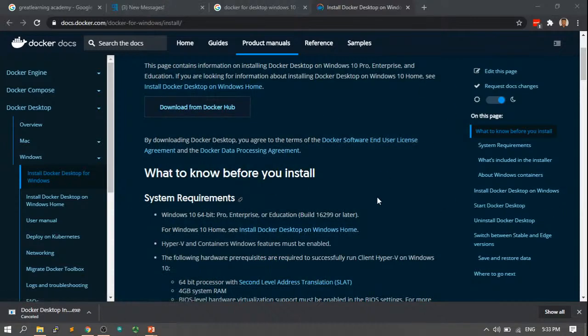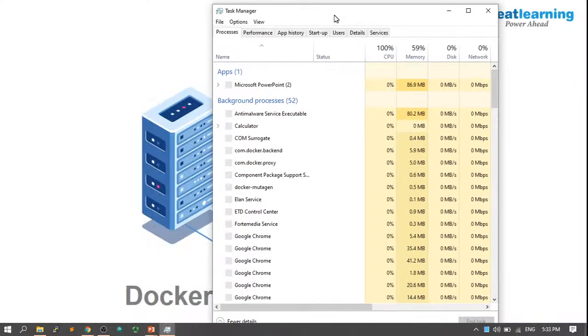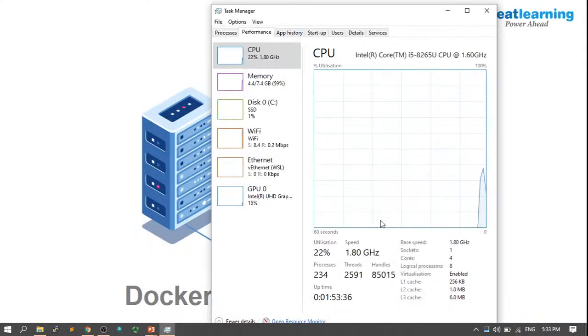Now the thing is, you have to configure some things for your Docker to run. Your Docker will not run simply. You need to make sure that your virtualization is enabled on your system. To check if it's enabled or not, press Control Alt Delete and open up your task manager. Go to Performance, and there you need to check virtualization to see if it's enabled or not. If it's not enabled, then